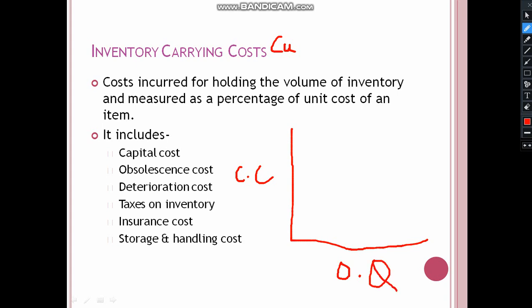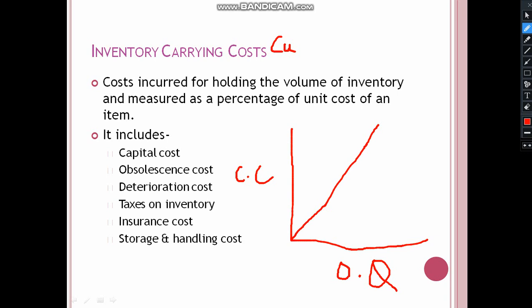Now if you draw the graph, as you keep on increasing the quantity, the carrying cost will increase, because if you are keeping more and more inventory, then more and more space will be required, more persons will be required. Suppose your quantity is kept in 2 rooms, so you have to depute 2 persons, you have to pay the bill for lighting of 2 rooms, you have to go for insurance of all the quantity that is available in your factory. So the graph that we get for carrying cost is like this. As you keep on increasing the order quantity, your carrying cost will go on increasing.